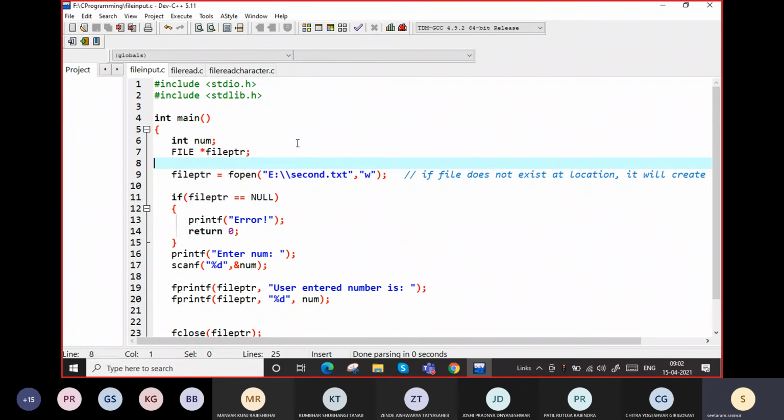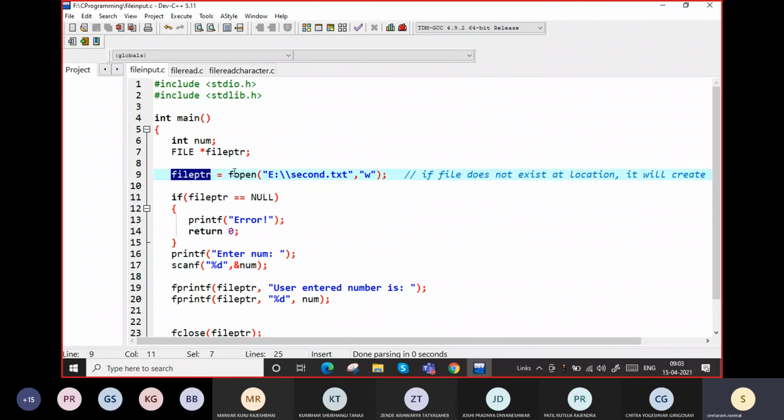If anyone has any question, they can ask me, or if some statement is not understandable. It is similar to printf and scanf. The only thing is there is an f: fprintf for printf, and fscanf for scanf. We will see it in the reading mode. To read, fscanf will be used, but right now only understand fprintf.